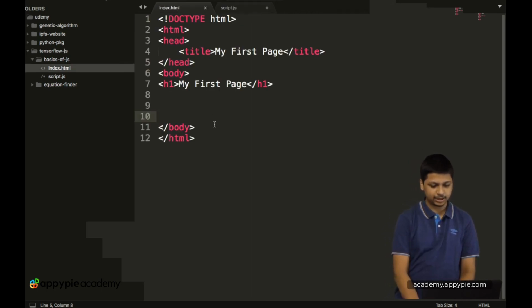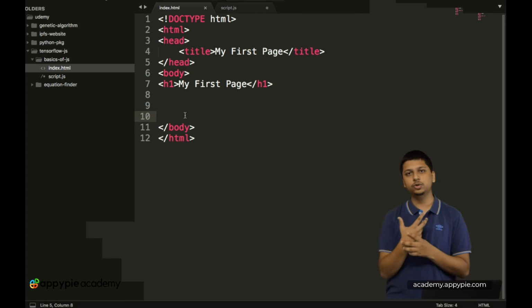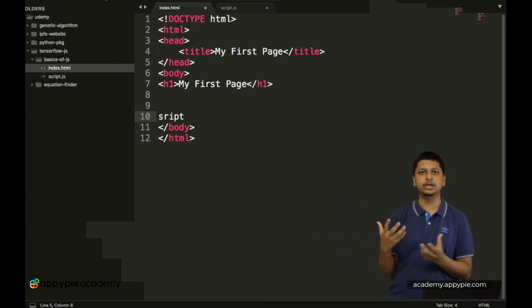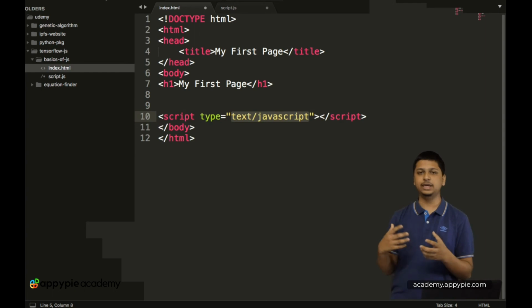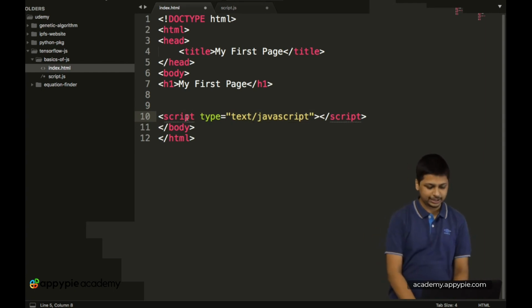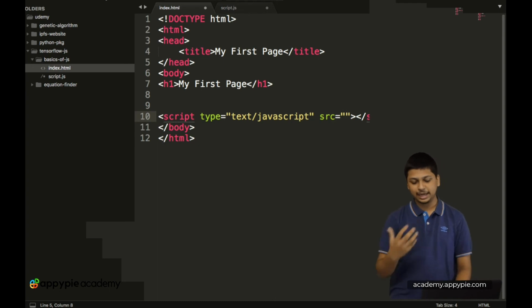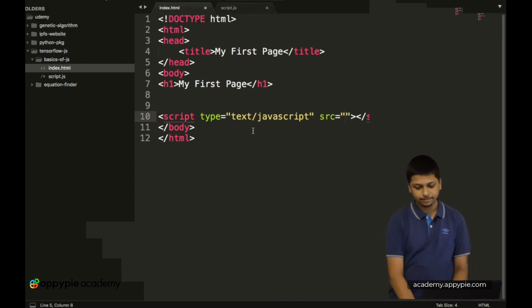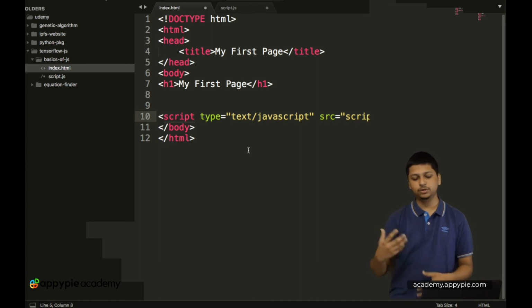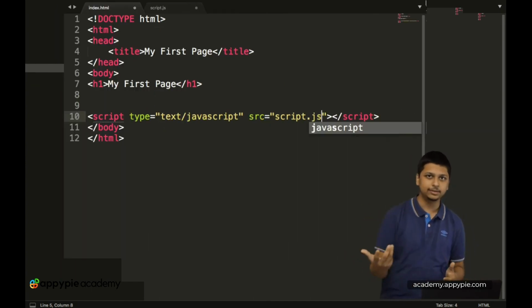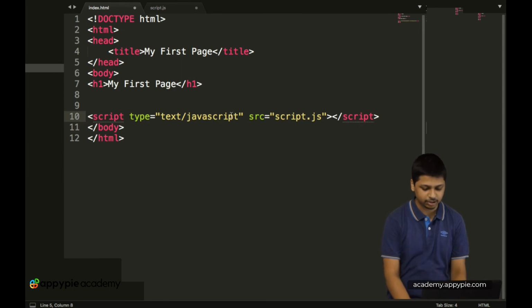Okay, and then now let's go to the index.html, and essentially what we have to do is link our JavaScript file over here so that once we reload the page we can see the outcome. Okay, so to do that let's add a script tag over here. So script and then tab. Now over here you have script type is equal to text/JavaScript, and then after this by giving a space let's type in source, src, where all we have to do is give the name of our JavaScript file. So in this case it is script.js.